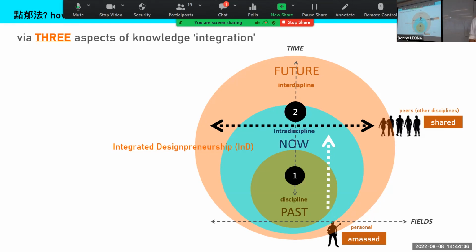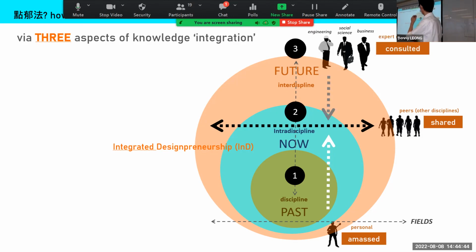Now, that is not enough, because if we say integrated, it means that we are not only dealing with design problems, right? So we will have experts and consultants, either from within the school or specific employees from outside, with business, knowledge, engineering, or even social science backgrounds. So if the project team engages some problem or anticipates some issue about technical or business matters, there will be people to go and consult.